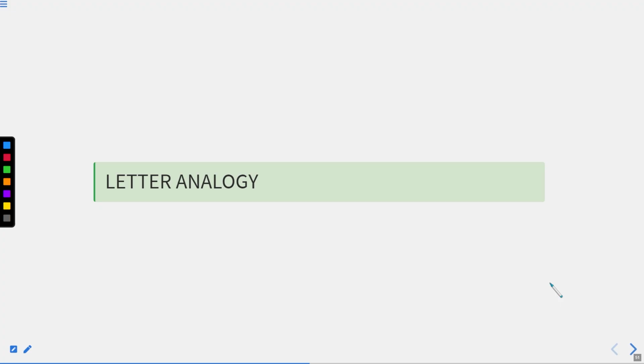Now, this is part 2 of analogy, where we are going to discuss letter analogy as well as number analogy, and how the alphabets are arranged in a certain manner so that they form a relation with the term that comes after it. We have to identify that relation, and as soon as we find it, we will replicate the same in the given alternative options. I hope you have already seen part 1, right? So in part 2 we are starting with letter analogy.